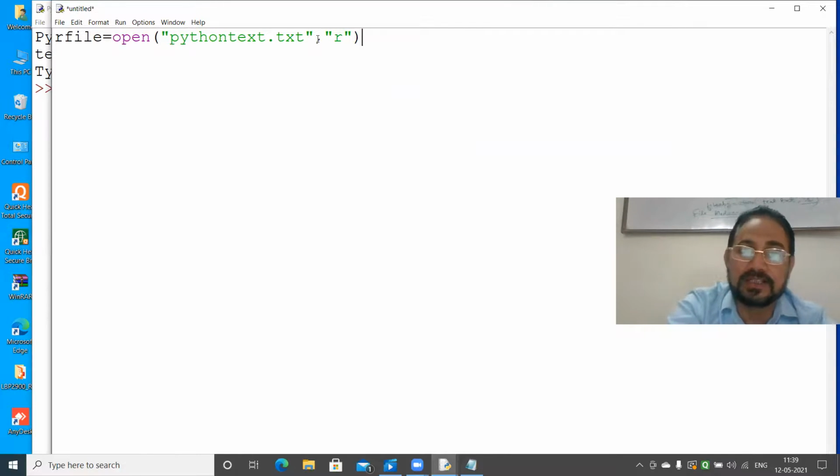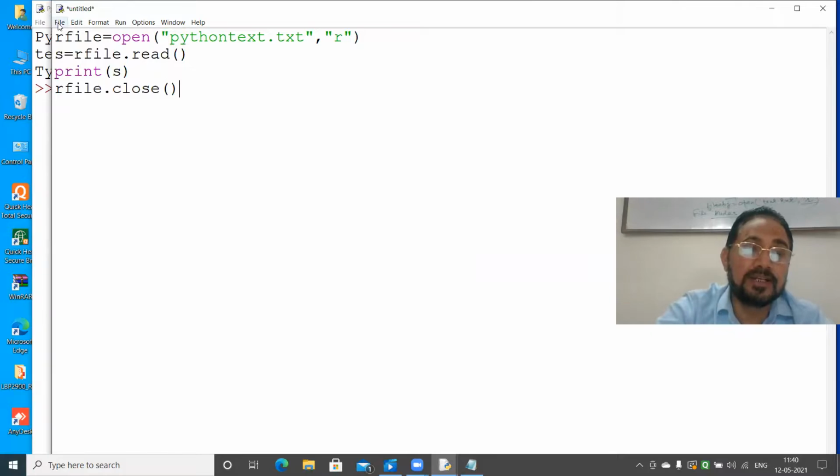Just you write Python text.txt. And then you use either string s is equal to r file dot, you have to use first the object name, then you have to use read, and then leave it. And finally, you print the file, print s, and then r file dot close.